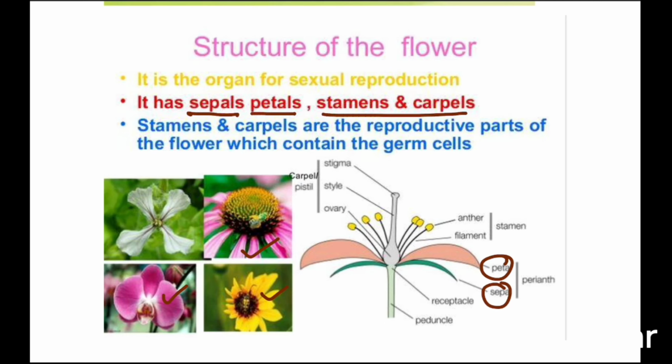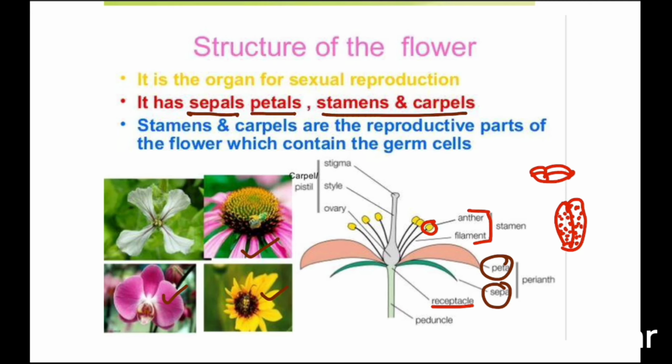Now you can see there is a stalk-like structure, the receptacle, and below it there will be the pedicel and other parts. And you can see the essential part, the stamen, which has a head-like structure called the anther. If you look at the structure of the anther, there are four parts together, like this structure. Inside it is the pollen grain, and inside that pollen grain you can see the male gamete.